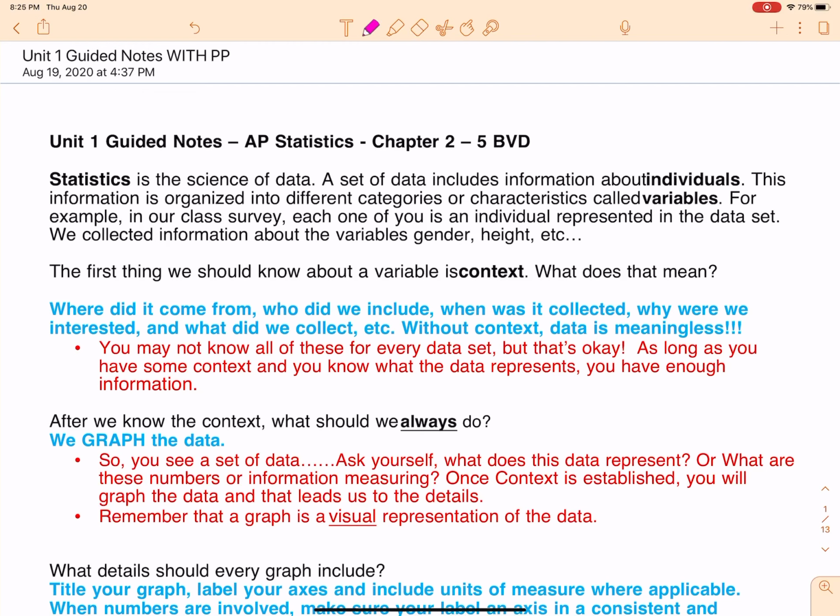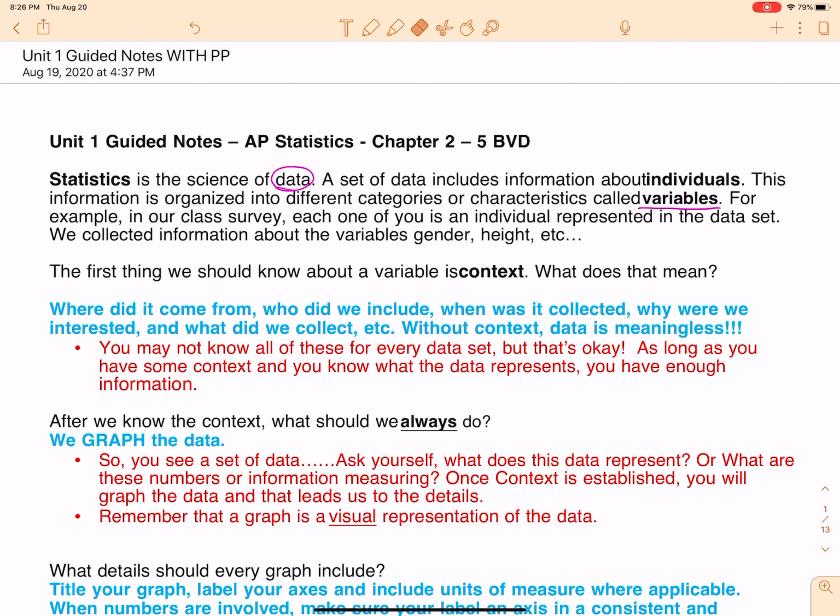So as we get started here, when we're talking about statistics, I've stressed this already in our WebEx times. I've talked to you about the idea of statistics being founded in data. We talk about data, we organize data, we arrange it, we graph it, we analyze it. That's what we do in statistics. So I cannot emphasize this enough. In this class, your vocabulary is going to be key. You're going to learn a lot of words that you already know probably, but may have a little bit different meaning. So the first thing I want to talk to you about is this idea of variables.